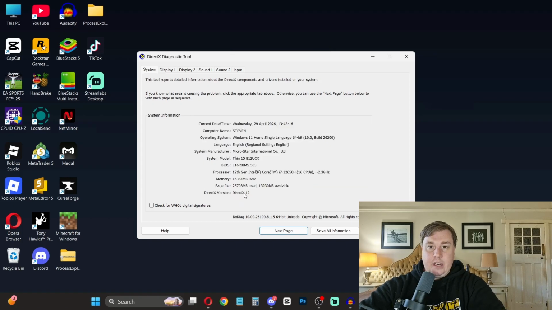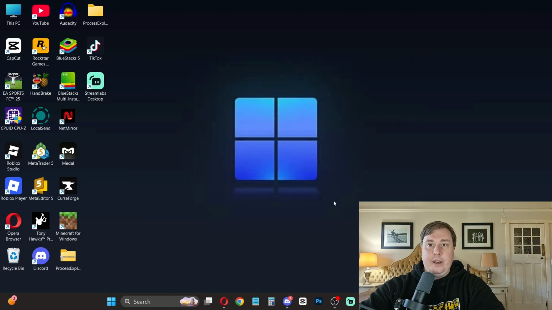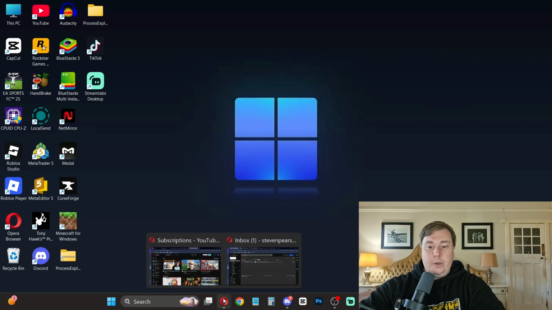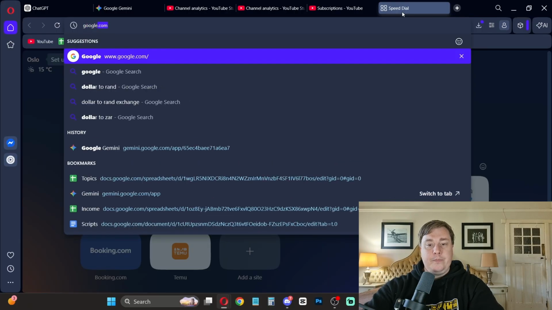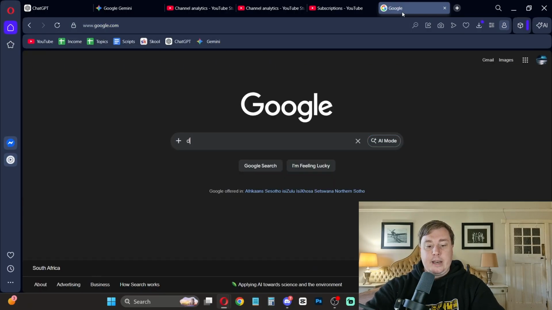that it says 11 or 10, you want to now close out of that, and we need to now install the DirectX manually. So what you would do is you would open up a web browser, and then you would simply go to Google, and then you would type